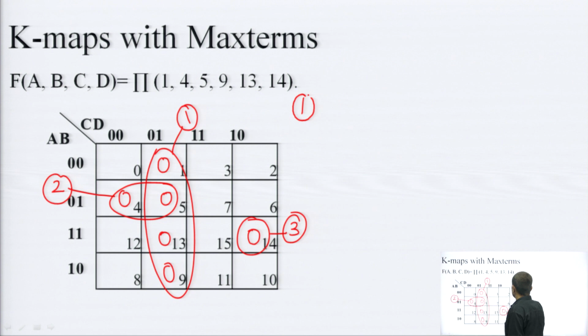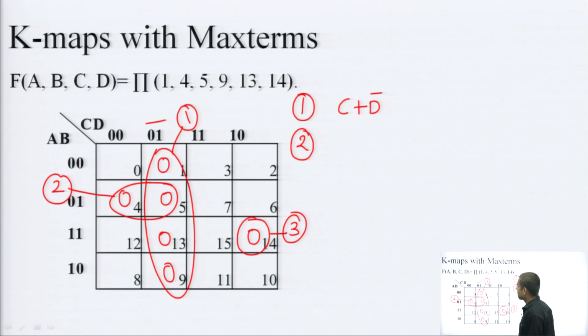So, for this one I can see that there is nothing common from the row side, from the column side this 0 1 is common, but the answer writing process is now different. This 0 1 will be written as C plus D bar. Okay. Because this is a POS version. In POS, 0 is treated as non bar variable and 1 is treated as bar variable.